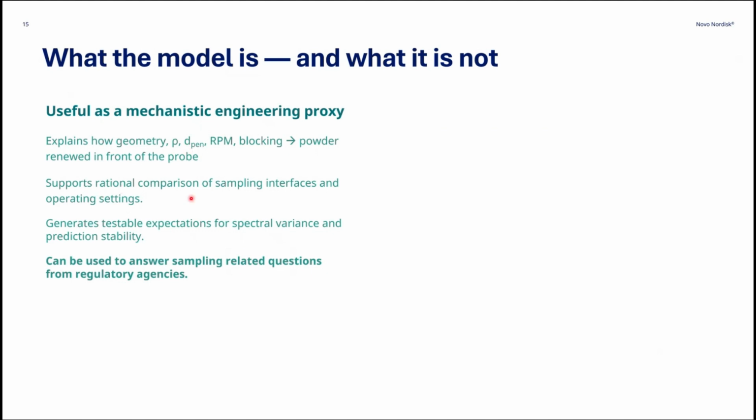But it's really good for supporting how we compare the sampling devices and find the operational settings. And also we can use it to make experiments we can verify, and Andreas will come back to some results with different RPMs, for example. And I believe if we have an anchor with a static sample with some experimental data and all folded out with the models, we can answer all the questions FDA and EMA would ask about effective sample size.